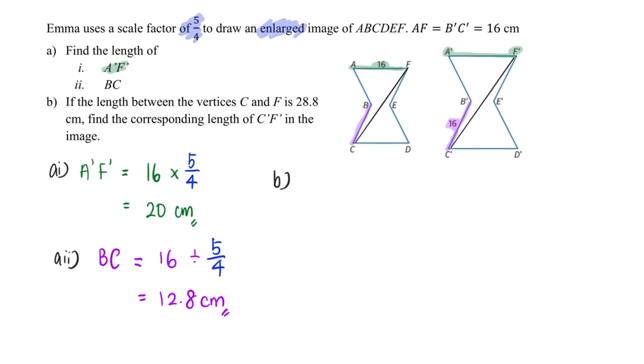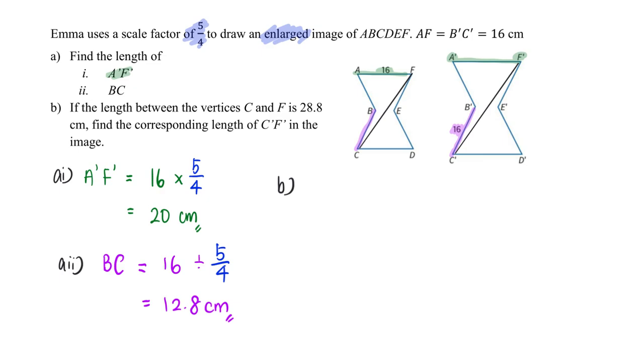Alright, so for this question, again, because it deals with length, then the same idea exists as well. Meaning that C prime, F prime, or C apostrophe, F apostrophe is simply 28.8 multiplied by 5/4 because it is the larger length. And that will give me a value of 36